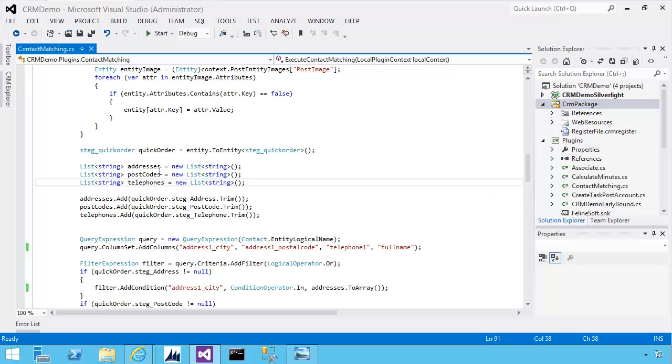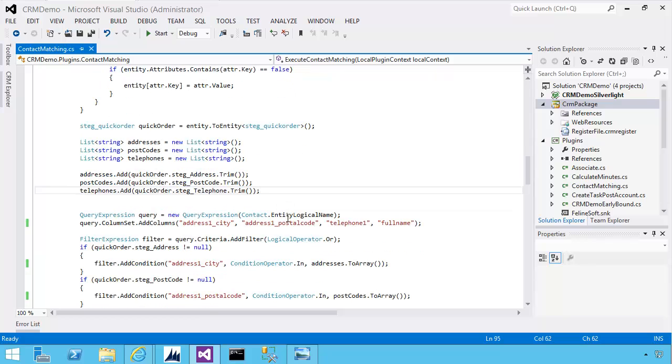So initially those will be empty. I immediately add the current order's address, postcode and telephone to those lists, and what we'll do is, as we collect more contacts that are related, add to each of these collections the resulting data from those additional contacts. So if, for example, to start with, we just put London, it would be added to the addresses as London. Then it would go off and query any other contacts that shared that same address or postcode or telephone number